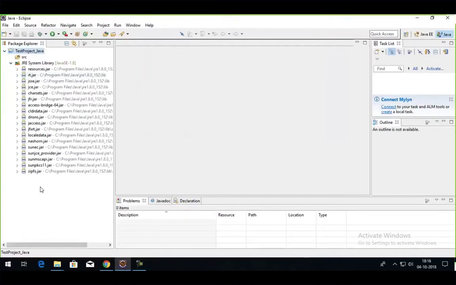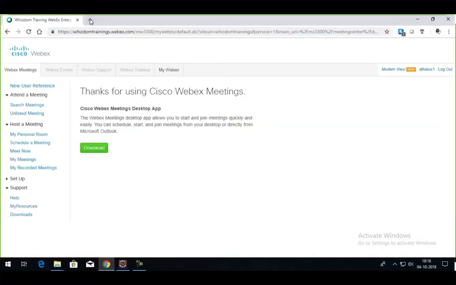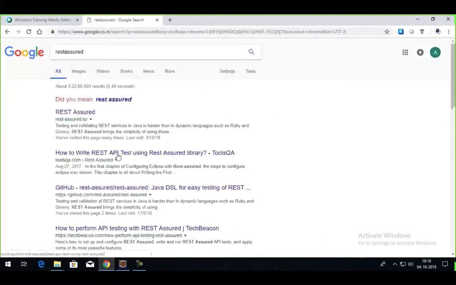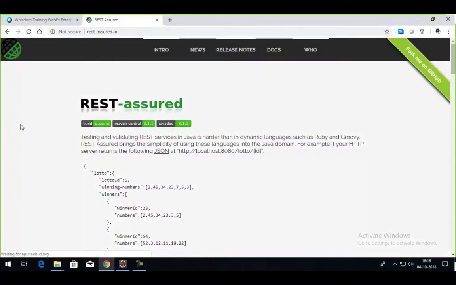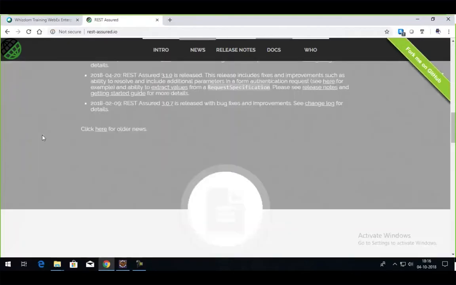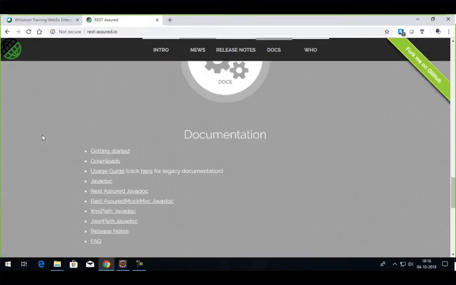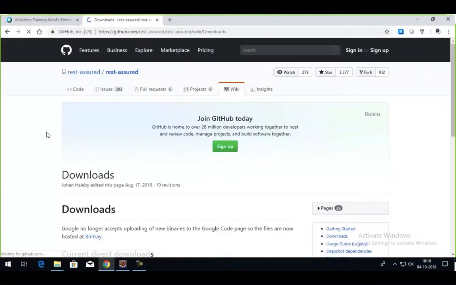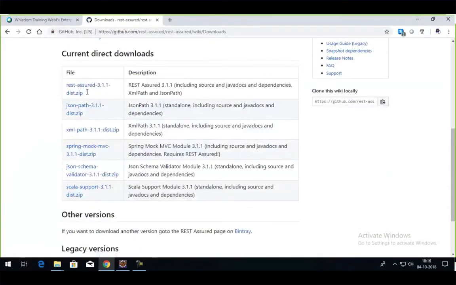So I have to add those third party jars. In order to do it, I have to go to the official website of Rest Assured. You can search it on Google or you can directly go to restassured.io. On this particular website, if I scroll down, you will see a section of downloads. If I click on downloads, I'll see different files that I can download.